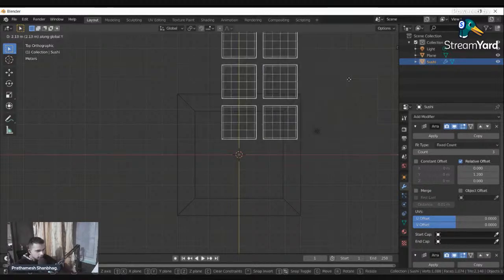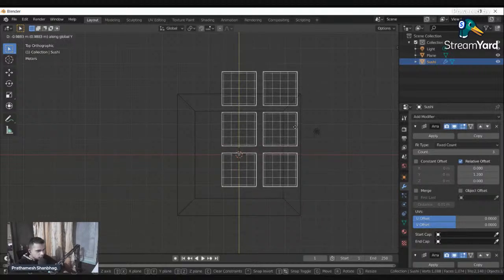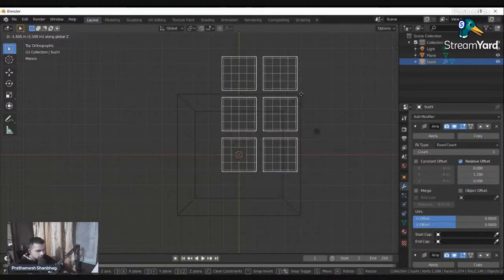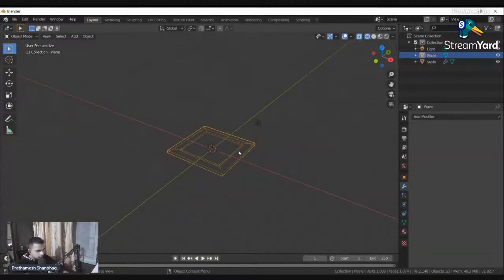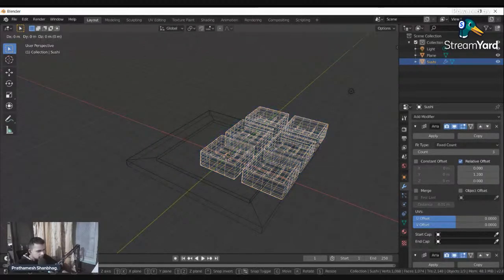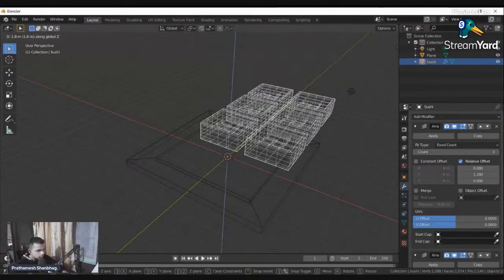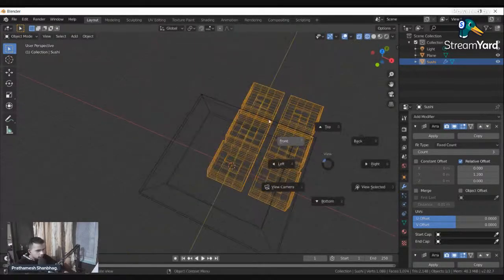Now if I press Y, it's going to snap to the Y axis only. And Z will also work, but it won't be visible in this view because we are in the top view. If I move away from the top view, and now if I press G and Z, as you can see, it's going to move only on the Z axis.